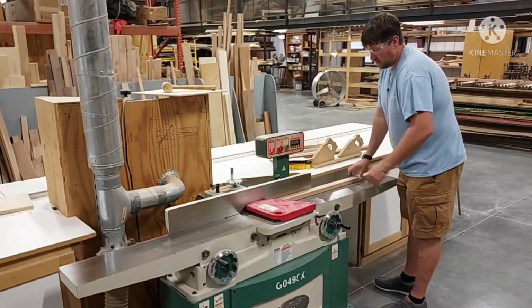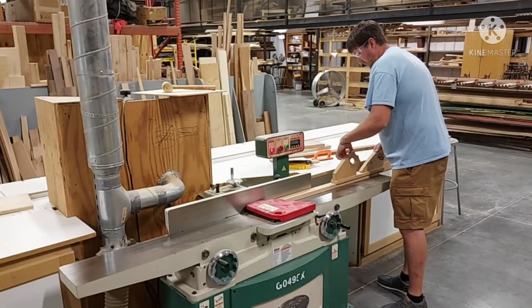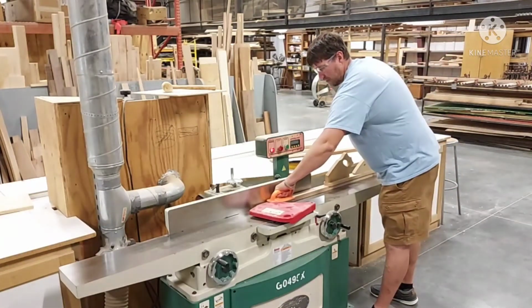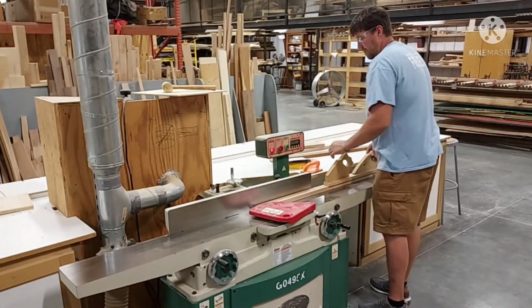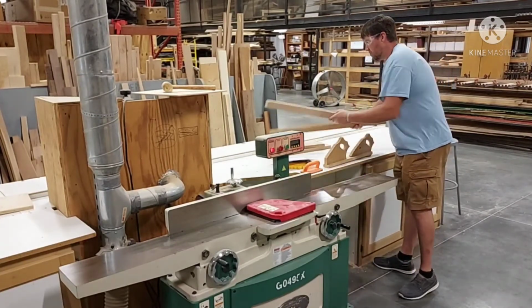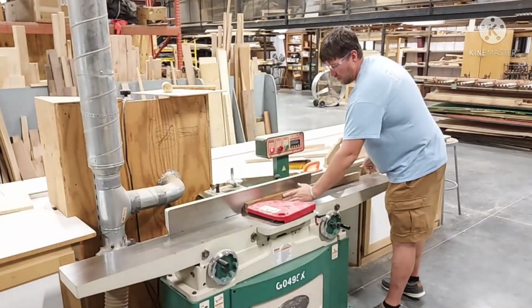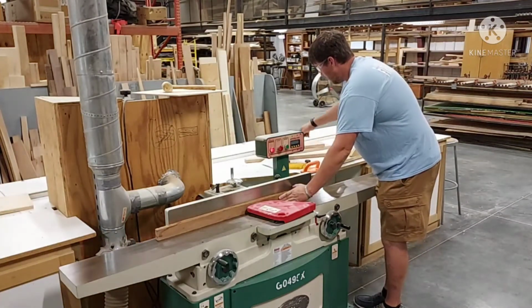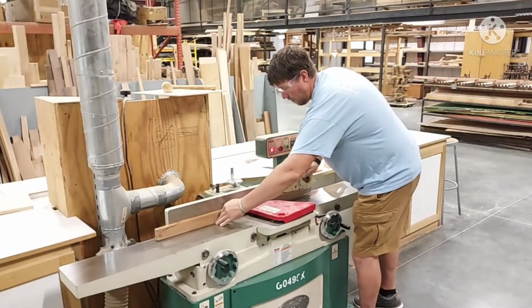This piece here, this is the one with the bow in it. So if I'm just going to try and get that bow out, it's okay for me to have, I'm using a push block. I'm going to use this push pad. I can pass over this like that, because I'm using the push pad, but I wouldn't want my hand down there. That'd be crazy. This little guy here, if I'm joining this, obviously, if I'm running that through, I'm keeping my hand 4 inches away, 4 inches away, and then when I get to the end, or at some point,